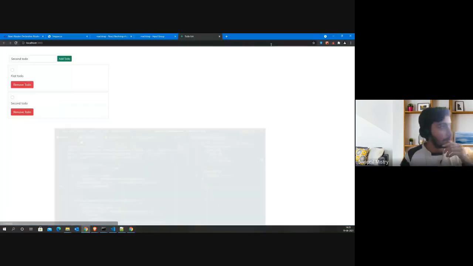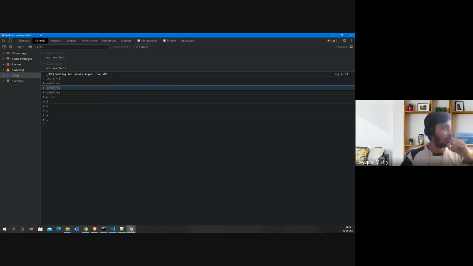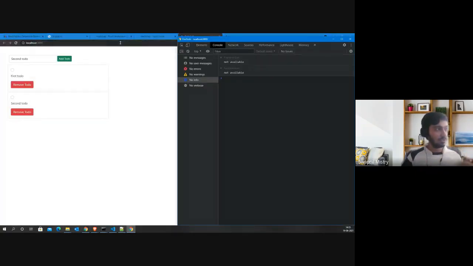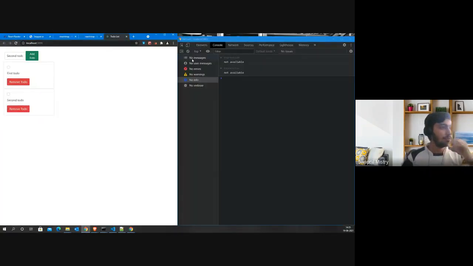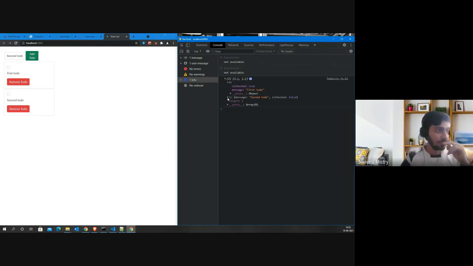Just save it. Right now we are not updating the state, but just trying to see what's happening. Let's say I check the first item, then the second item should be unchecked, right? And that's what you see over here. The first item is now checked, the second item is unchecked. Let's check this too. Now both items should be checked, right? The second todo is nothing but false. Now this is checked. So this is one thing we can do over here.